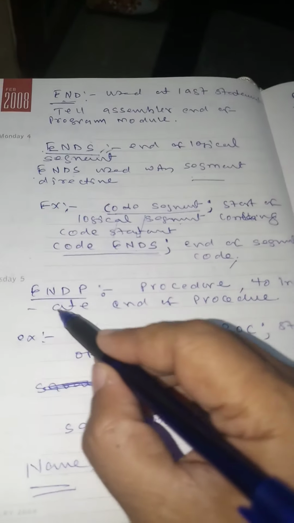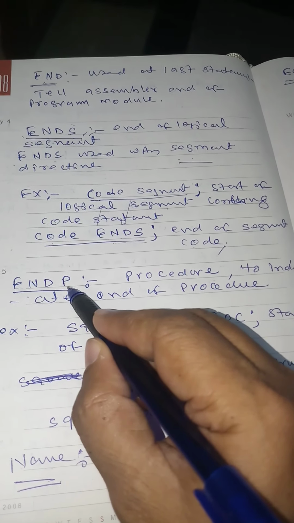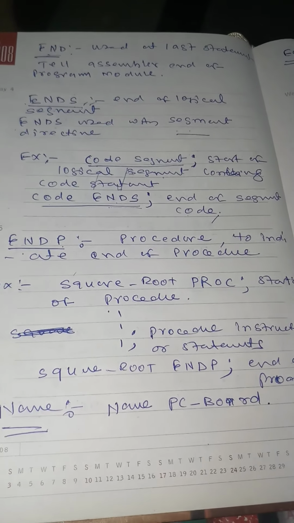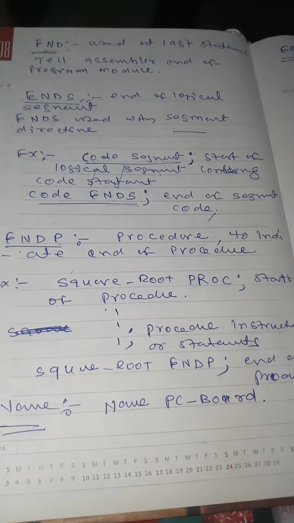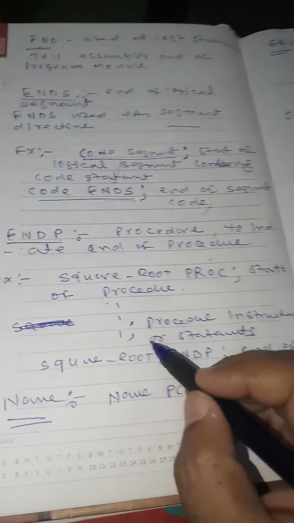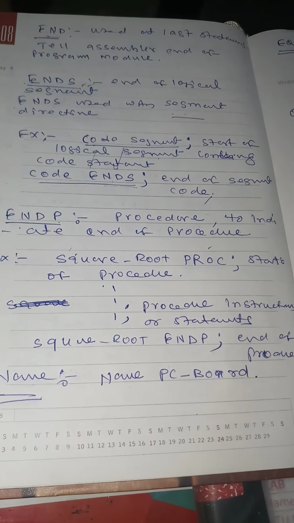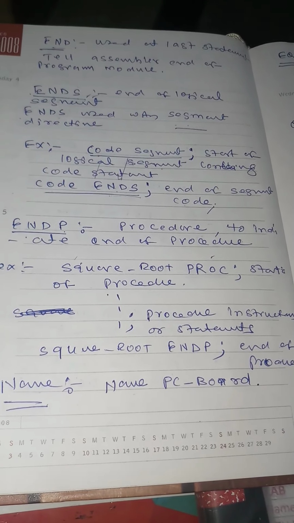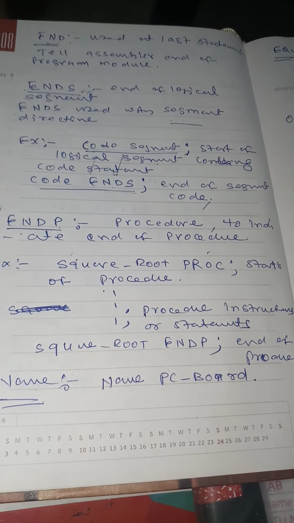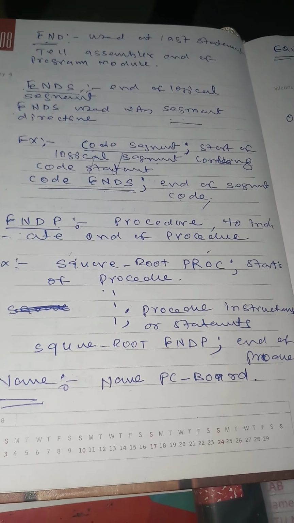Next, coming to one more directive called ENDP. This is used for procedures, which we are going to explain in the next lecture. It is used to indicate the end of the procedure. Okay, let us see an example of how to initialize the procedure and how to end it. Procedures are small programs which are required many times. As I told, if we take the example of finding a square root, the square root code is required by many programs.